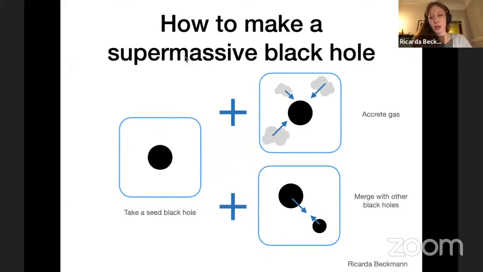And there are two potential growth channels. You can either merge black holes together to make a bigger black hole, or the black holes can accrete some of the gas from their host galaxies and grow through that channel. My work focuses on this gas accretion channel, so I will be disregarding the black hole merger channel. There will be no mergers, and we will instead think about how you can study the accretion of gas and how much gas accretion might contribute at very high redshift to the growth of supermassive black holes.